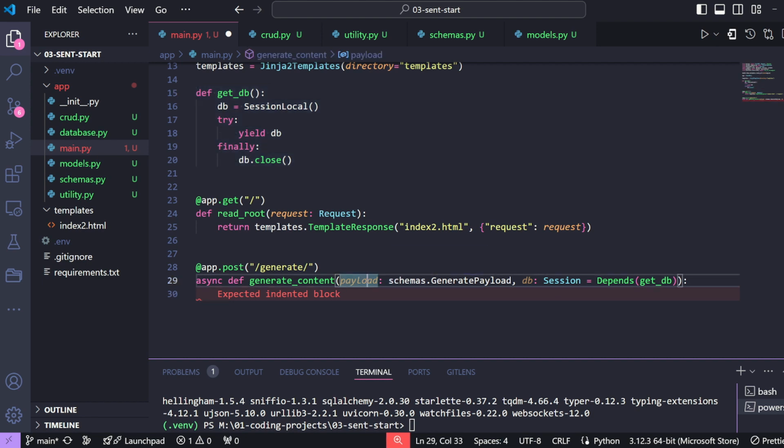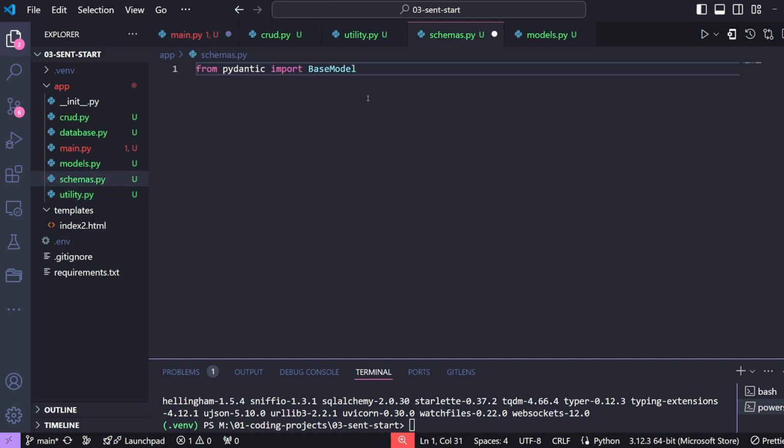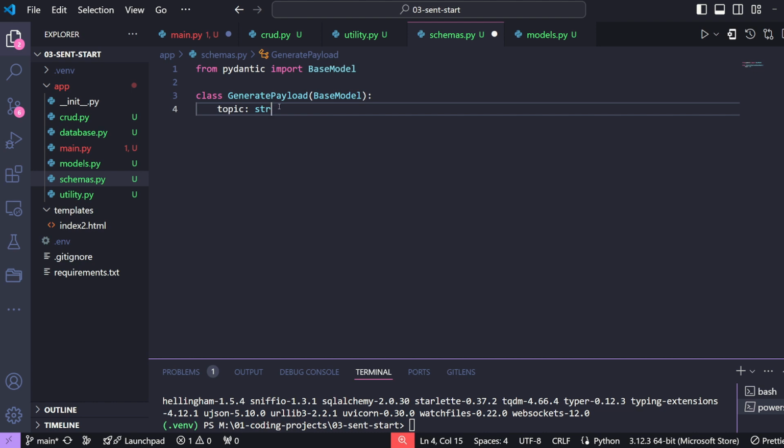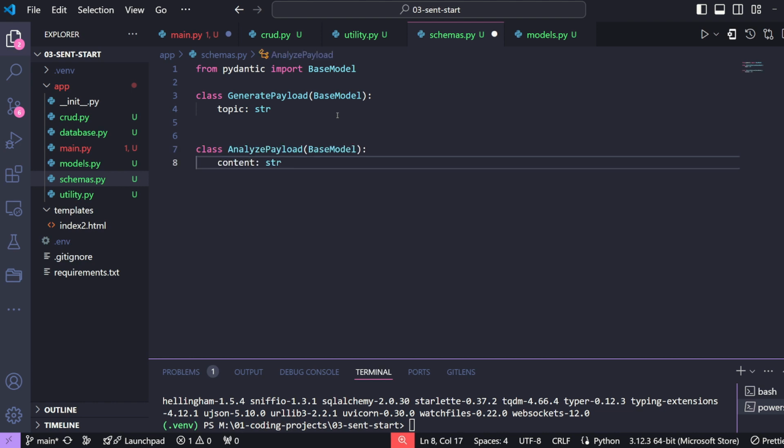But like we said, we have our payload here, and we need to make sure that it gets validated. And I always like to just use Pydantic schemas for that. So going into our schemas.py, we will import base model from Pydantic, and we will have a bunch of classes now to validate our data. So we have this one that takes the first input, which will just be a string. It gives the topic that we want to generate content about. And then the second one for sentiment analysis, it's also a string. So we're just making sure that whatever comes, it's one particular variable, and the data type is